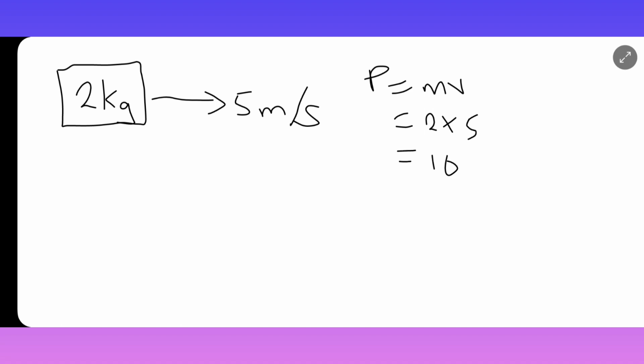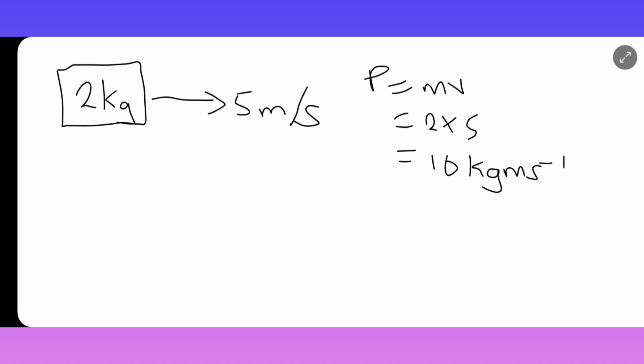Let's say we want to calculate the wavelength of a box. This box weighs 2 kg and this box is moving with a velocity of 5 meters per second. Now, we know that the momentum of this box, P, is equal to mass multiplied by velocity. And in this case, the momentum is going to be 2 multiplied by 5 to give us 10 kg meters